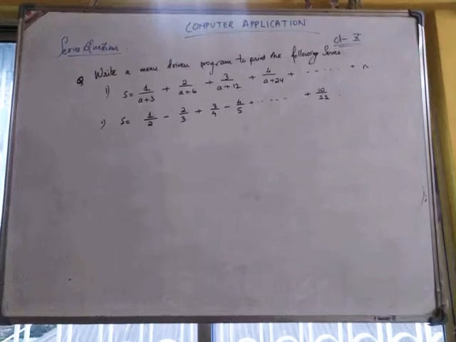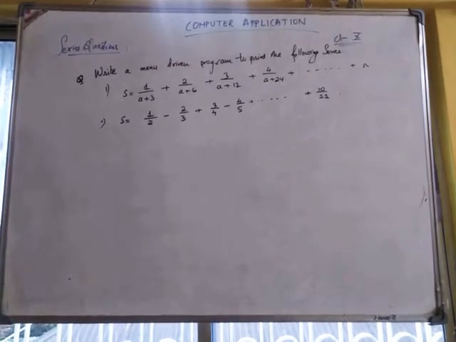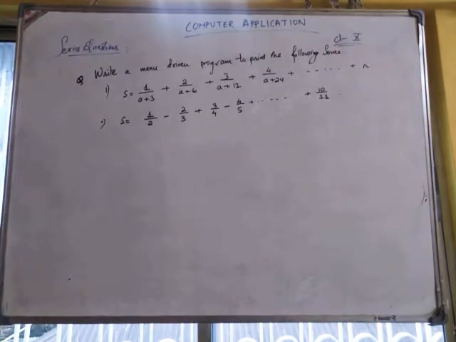Okay, next question is: write a menu-driven program to print the following series. The question in the exam can also be asked in the second type. Before, I showed you one: if the question was written as "write a program," then you directly do void. So you make two methods, void series1 and void series2, and inside that you solve. But when you see a menu-driven program, you know what you need to apply. We need to apply switch case.